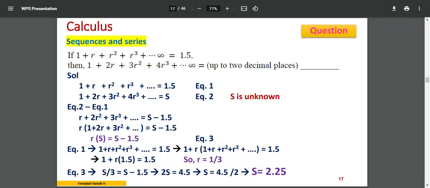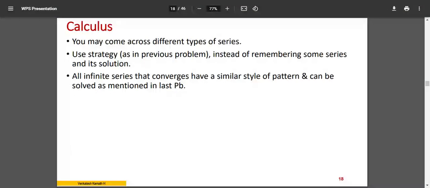So for most of the questions in GATE, the strategy is important rather than the equations or the standard equations behind it. That's why my focus is mainly on the strategy rather than conceptual explanation, because if you go behind conceptual explanation, the time is insufficient. You may not be able to learn everything, and you may not get it also, right? So best is strategy. Next, Laplace transform.